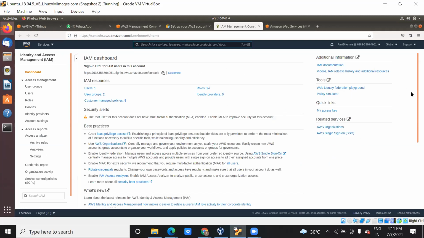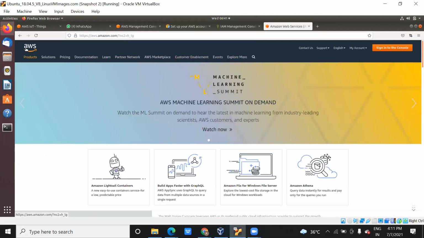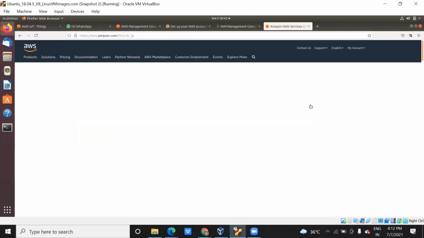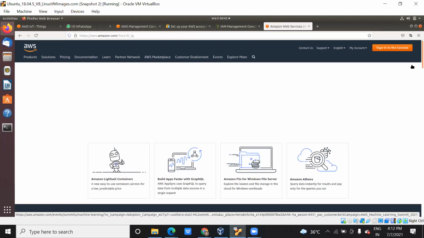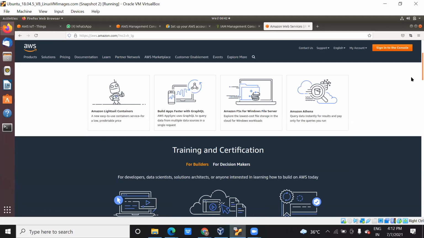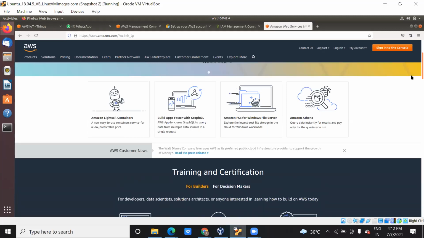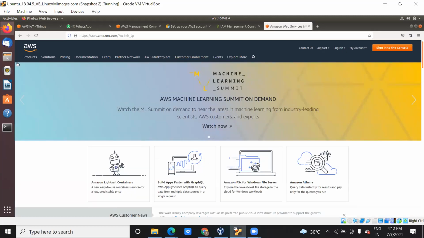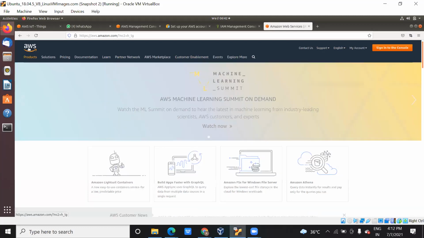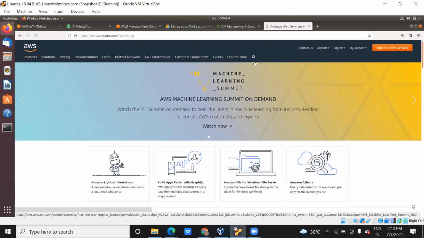So you can see this. It's an IAM dashboard. Let me open it on the screen itself. Why I'm showing you this is so that you should be aware of it. I can come directly to the practical also, but in that case, if you want to do the configuration, you will get an error. So that's why I thought to tell you about all this, the AWS console and all, so that you can also have a look at this.